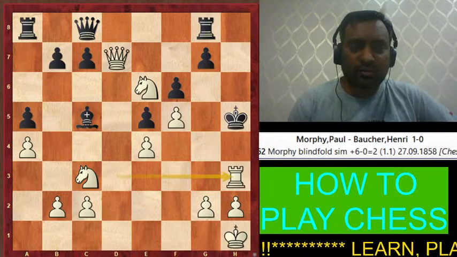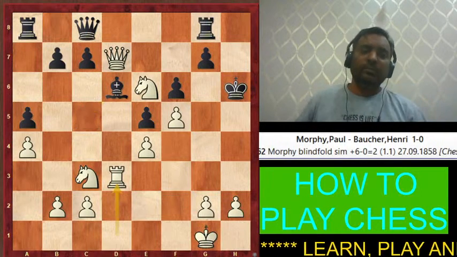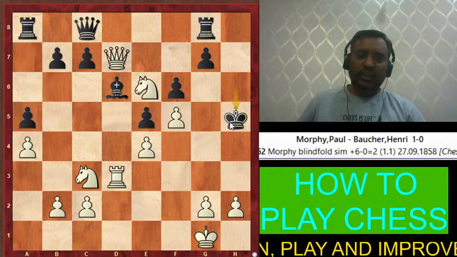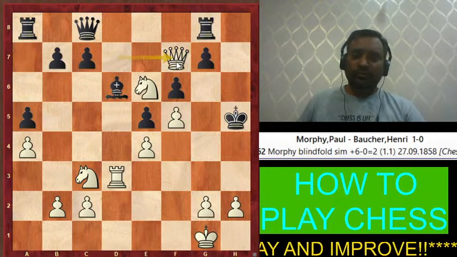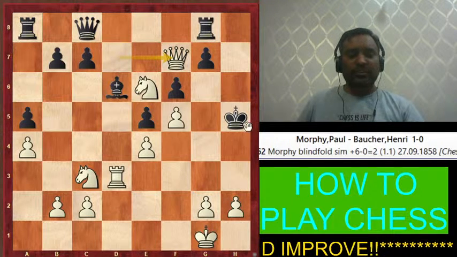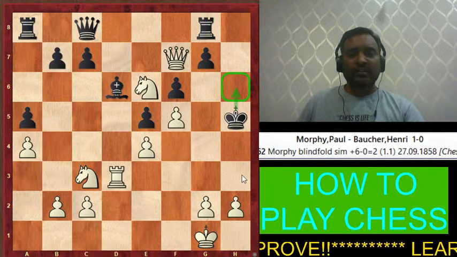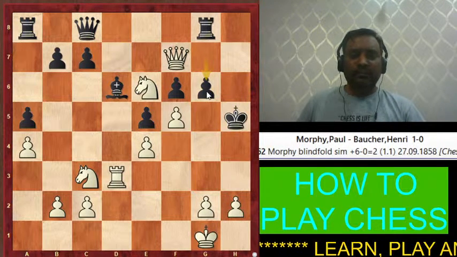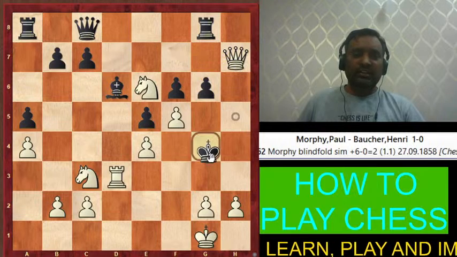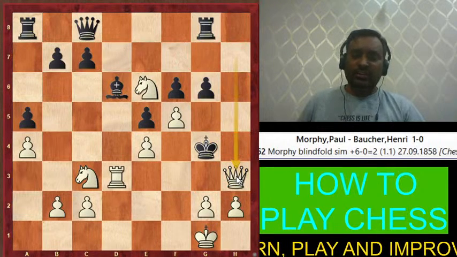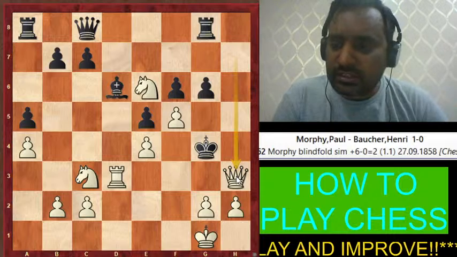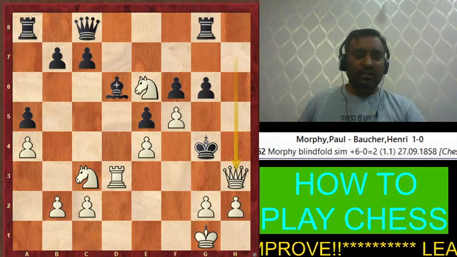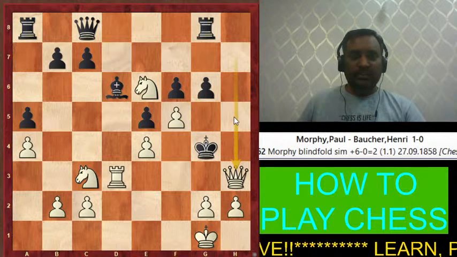So any which way he was going to be checkmated, but remember here, suppose without moving the bishop, he just wants to run away with the king to h5. Now this check is going to come first, and if the king goes back, there will be a simple checkmate. And if you try to bring something in between, guys, there is this check, this comes here, and the queen h3 is going to be mate. So the king was any which way going to be checkmated by Morphy. Okay, so he was a strong player from the history of chess.